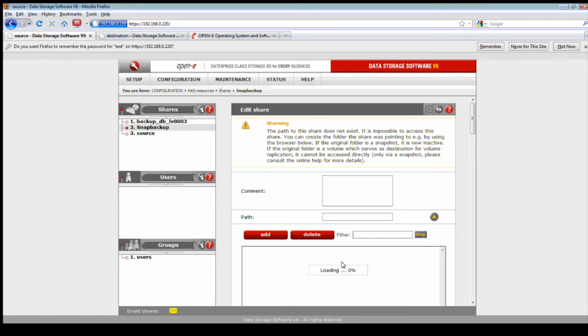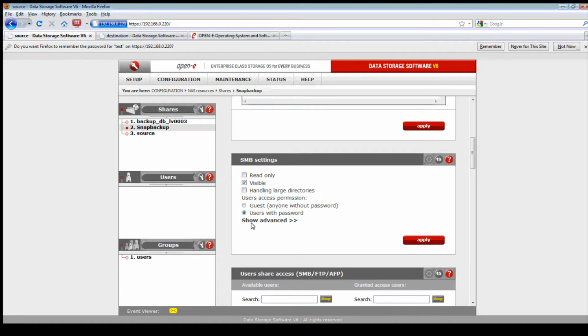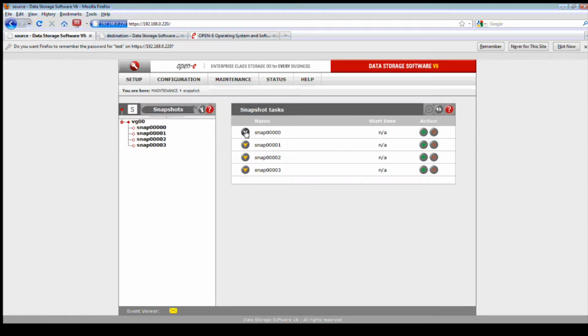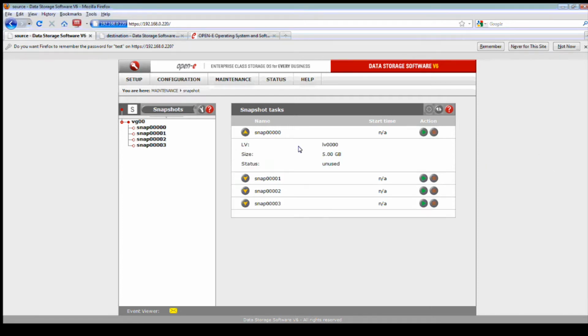Now, I want to make a note that we already have data replication running, and we're probably using the same snapshot. You want to make sure you have separate snapshots for each of your functions. You don't want to use the same snapshot unless you know your time schedules are set appropriately. So for right now, I'm just going to go ahead and take my snapshot for data replication and just stop the task. All right. Now we're not using that snapshot.